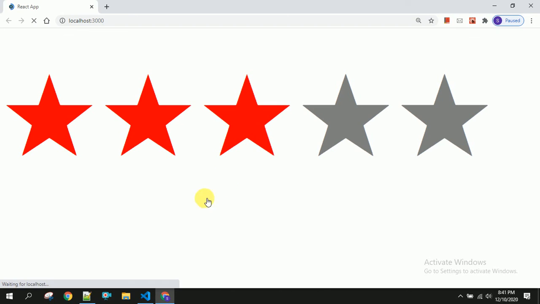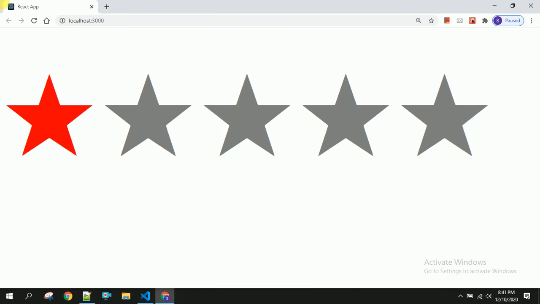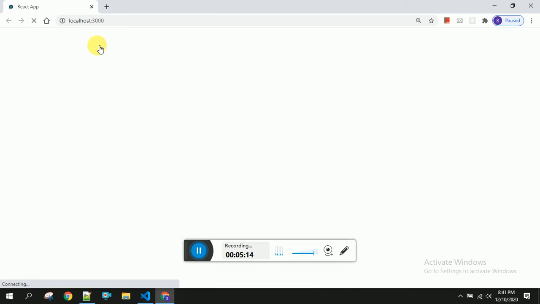The next thing we are going to do is changing the number of stars, like the count of number of stars. I am going to give it as 10. So you will be able to see 10 stars there. I am going to change this size as it is becoming huge, and for changing the number of stars I am going to use count equal to 10. Once I change this, you should be able to see 10 stars in the browser. You can see here the size got changed and we have got 10 stars. 1 2 3 4 5 6 7 8 9 10.